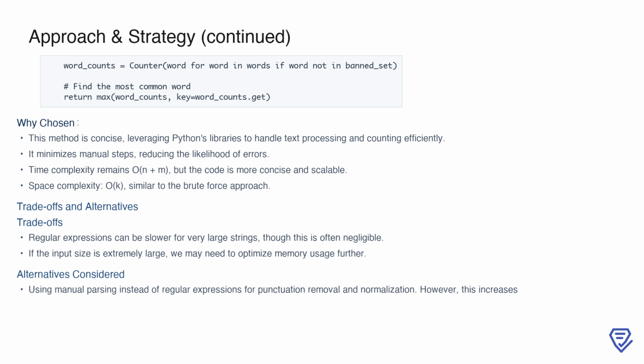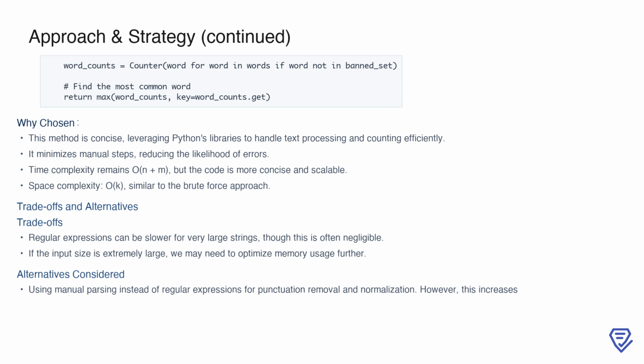The time complexity remains n plus m, as we still process each character in the paragraph and count unique words, but the code is significantly more readable and scalable compared to the brute force approach. The space complexity also remains k, consistent with the earlier method. While regular expressions can sometimes be slower for very large strings, this trade-off is usually negligible given the efficiency gains